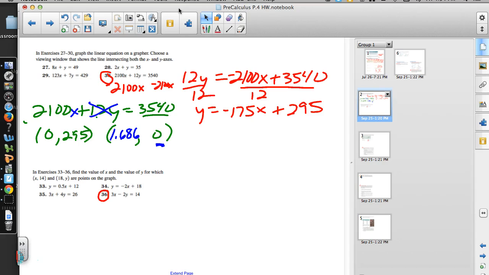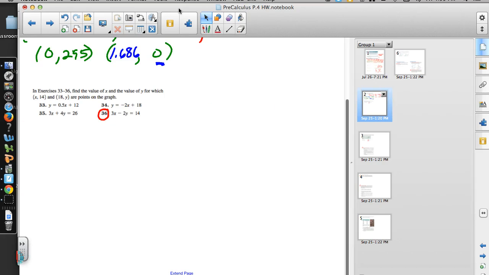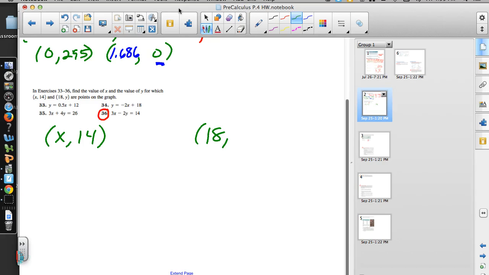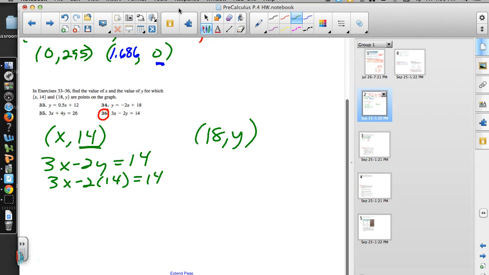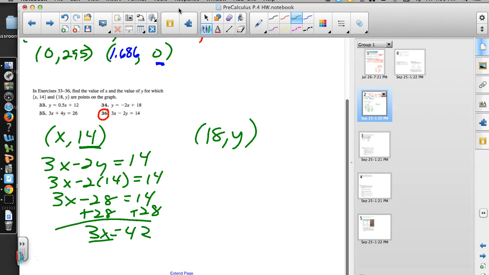In exercises 33 through 36, there was a question about number 36, and what they're saying is, for the first ordered pair, we know 14 is the y value. For the second ordered pair, we know that 18 is the x value. And we're going to take this equation, put in the number that we know, and solve for the one that we don't. Well, y is 14, so 3x minus 2 times 14 equals 14. 3x minus 28 equals 14. Add the 28 to both sides. And 3x equals 42. Divide it by 3,